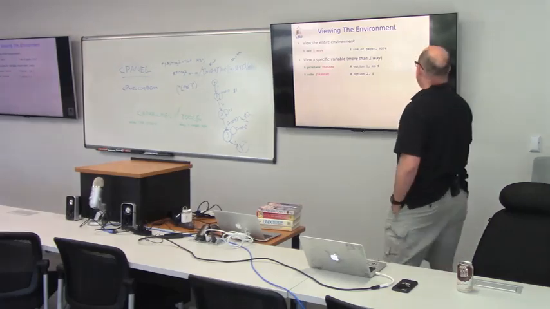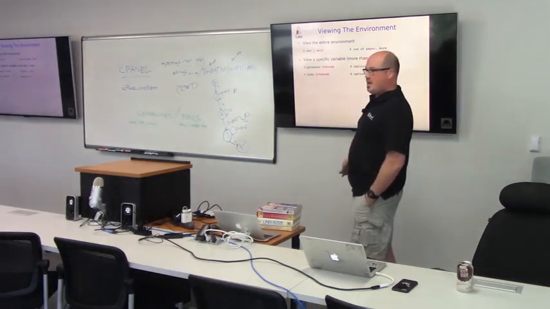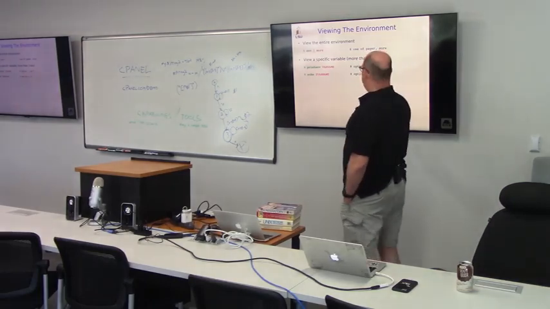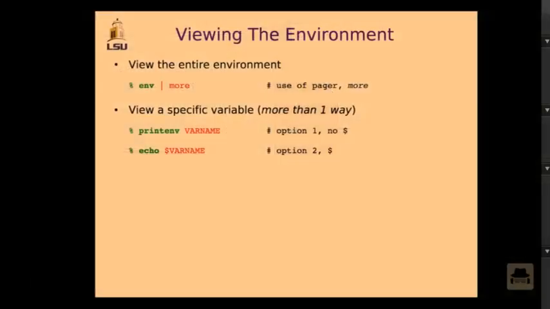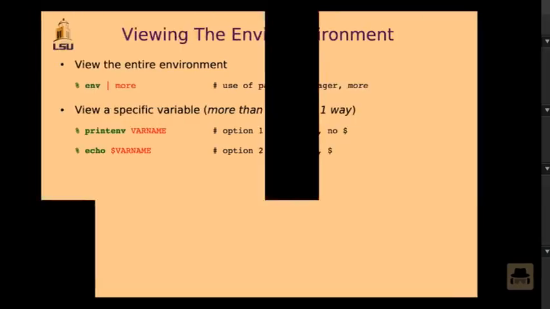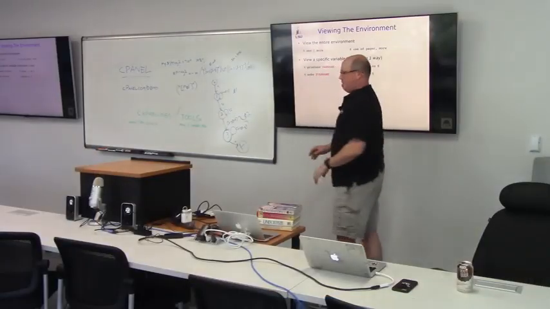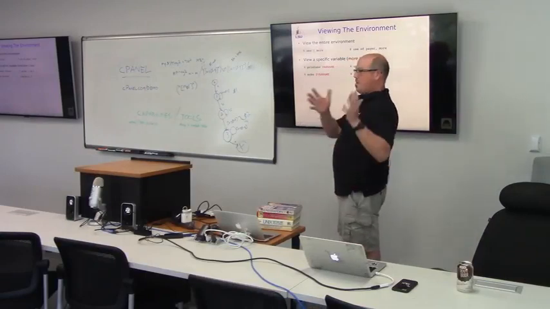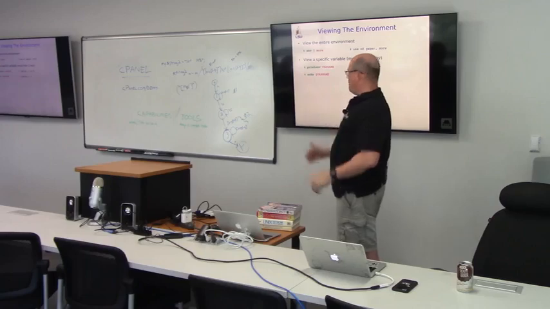Okay, here are some examples. These are actual commands that you can issue at the command line to look at your environment. env is the actual utility that will report to you what your environment looks like. This is in C shell; printenv is, I think, the C shell. So the green is the command you would issue to see the environment. This in red, you can kind of ignore, but we're going to talk about that shortly. That's an example of putting two different programs together to make doing what you want to do a little easier.